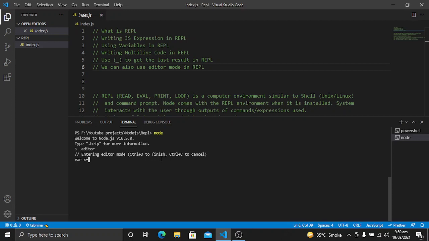Let's store some values in the code. I will store the value of 30 in x, and the value of 20 in y, and then we want to add these two variables. For example, I will add x plus y, and now if I press Ctrl+D, you will see the answer, which is 30 plus 20. You can also write different statements, for loops, while loops, do while loops, the array methods. You can write everything that you write in VS Code in this editor layout.